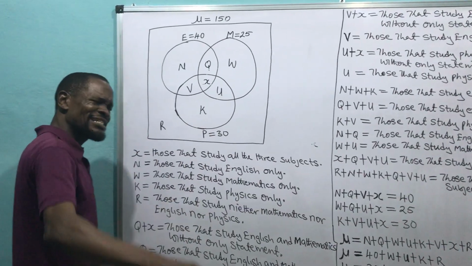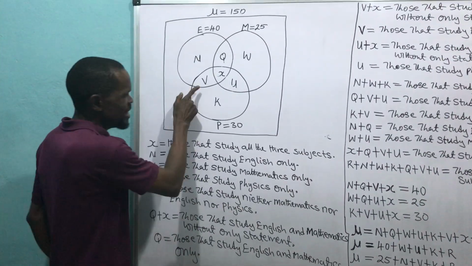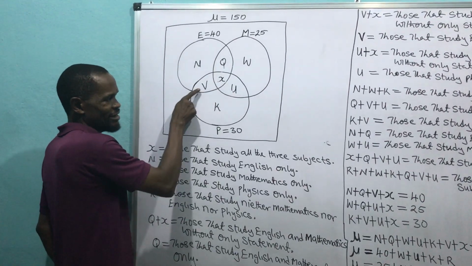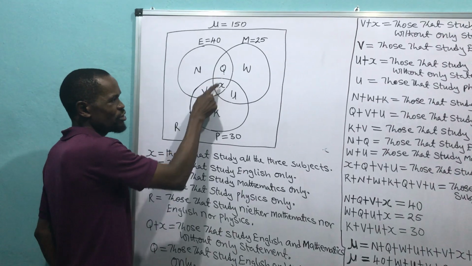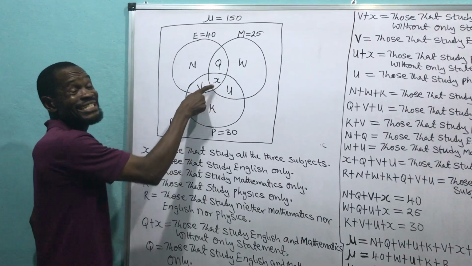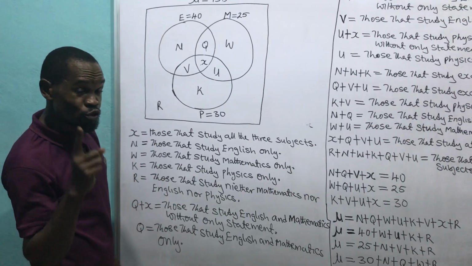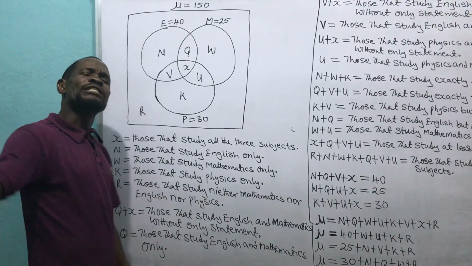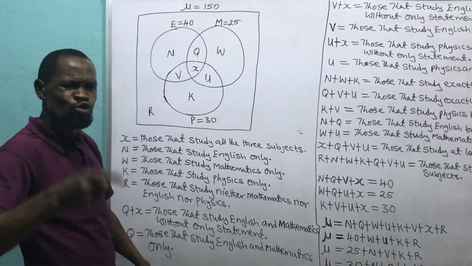So, if I can say those that study at least 2 subjects, they are this V plus U plus Q plus X. This person studied 2 subjects, this person studied 2 subjects, this person studied 2 subjects, this person studied the 3 subjects. That's those that study at least 2 subjects. Then if I'm asked those that study at most 2 subjects,